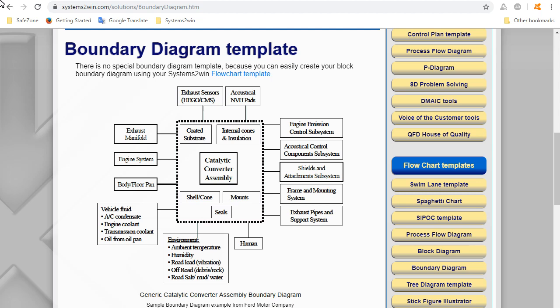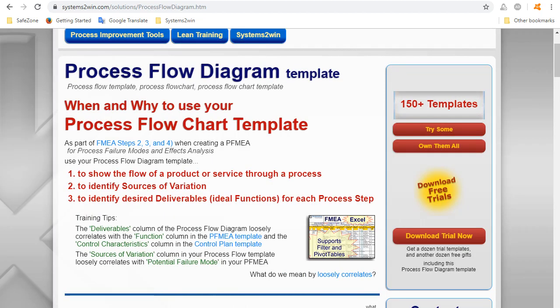Those lines that cross that bold line, that's where all of your problems and risks get illustrated. They trigger your human mind to say, what could go wrong with that? That's for a DFMEA. If you're doing a PFMEA, then your essential source document is a process flow diagram. A process flow chart is the most important source document for FMEA steps 2, 3, and 4.